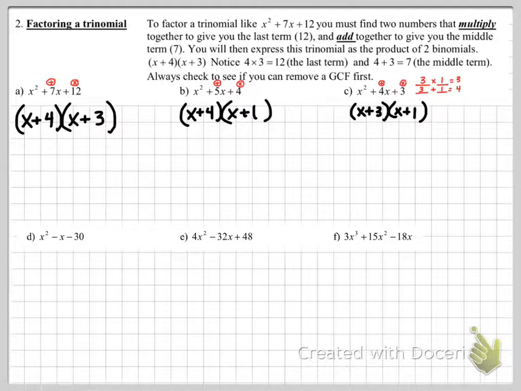Now in this next one, we've got something a little bit different. Notice that these two numbers have to multiply together to give us negative 30, and yet they're going to add together to give us negative 1. Well, there's a number of clues here, even though it looks much harder. First of all, since it's got a product of negative 30,